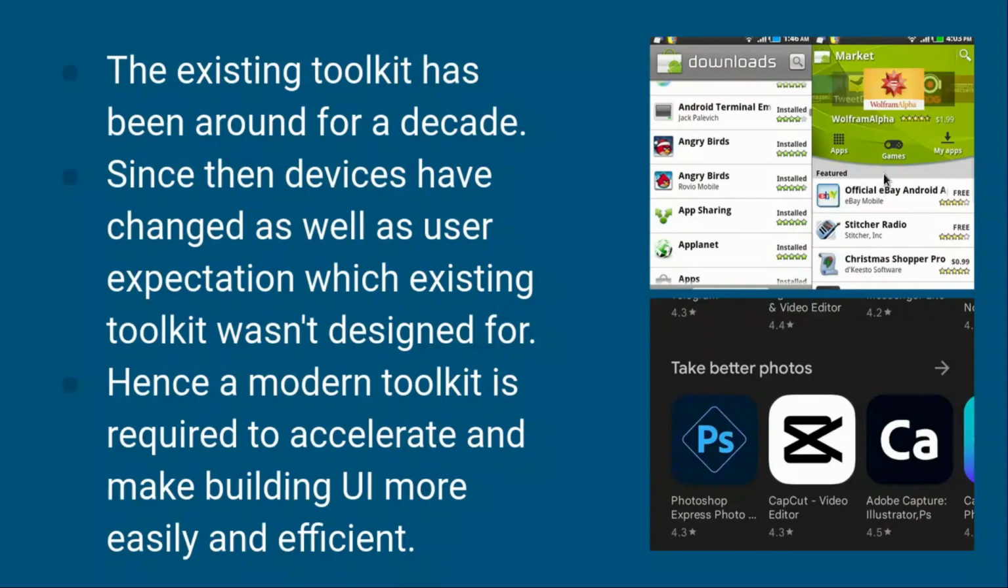As you can see here, we have two different images. This one is around 2009, 2010, and this one is around 2022. You notice the difference in design and also in how things are built. This shows that user expectations and demand are changing. So we have to use a new modern toolkit that is going to help us design this easily. Don't get me wrong, you can create these UIs by using the existing toolkit, but